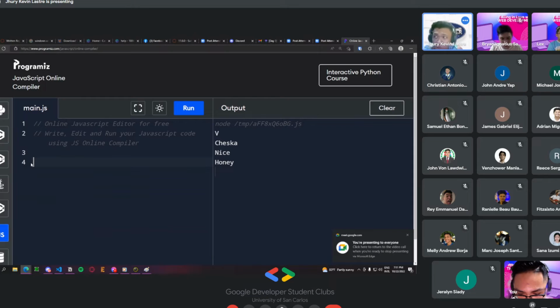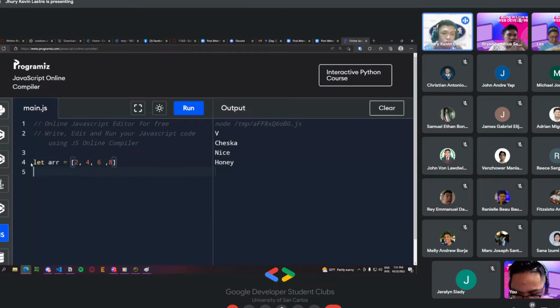So suppose you have an array with the numbers 2, 4, 6, 8. What you want to do here is multiply everything by 2. Of course, let's say you already have the background, your approach would be to